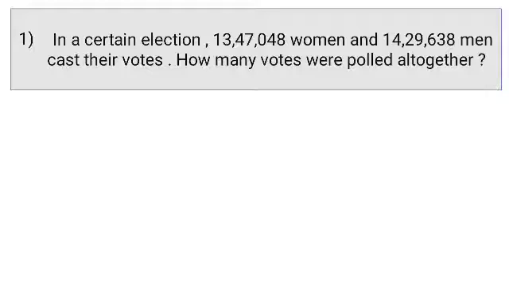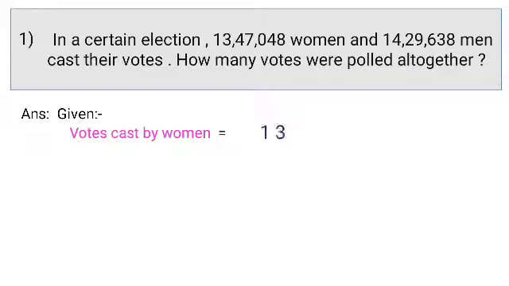So here, if you want, we can use another word for addition, that is all together. So students, while solving the word problem, you have to divide your answer or solution into 3 parts. The first part is given, the second is addition, and the third one is answer. So here you can write the given. So I will write this for you. Now according to the information you have to write. Here the information is about women and men.